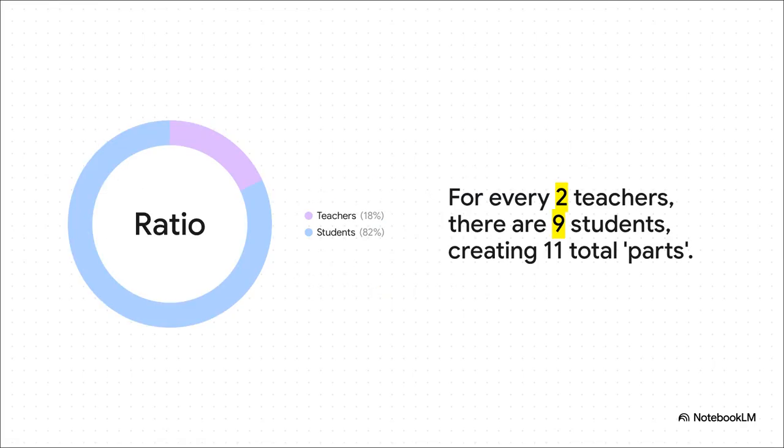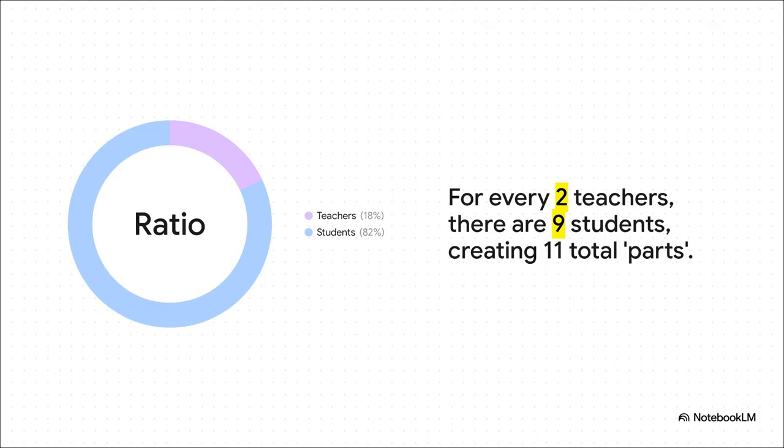Now, ratios can seem a little abstract sometimes, but they're really just about comparing quantities. So here we've got a 2-to-1 ratio of teachers to students. The easiest way to think about this is in parts. That means there are 11 parts in total, right? 2 plus 9. So we take the whole crowd, 3,520 people, and divide it by 11. That tells us that each part is 320 people. And from there, it's a piece of cake.